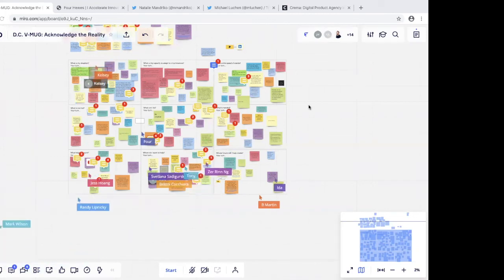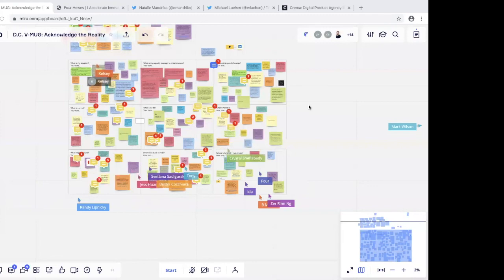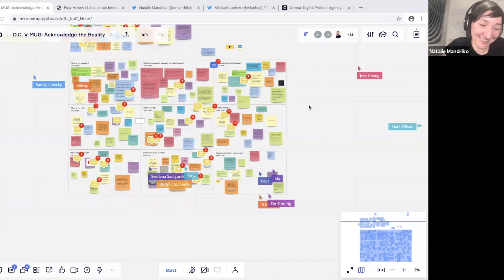So I appreciate this, and seeing all the stickies, like I'm in Miro every single day, but seeing all the stickies from all of you that I've attended, and just kind of learning where you guys are at and your hopes and how you want to make things better is awe-inspiring to me. So I'm excited to join in with all of you. So thank you. Thank you, Brittany.